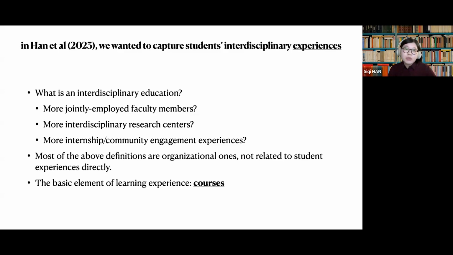How many such research centers does the university have, which can also be an indicator of interdisciplinary education. Some also capture students' extracurricular activities, such as their internships or community engagement experiences, which is considerably different from what they experience